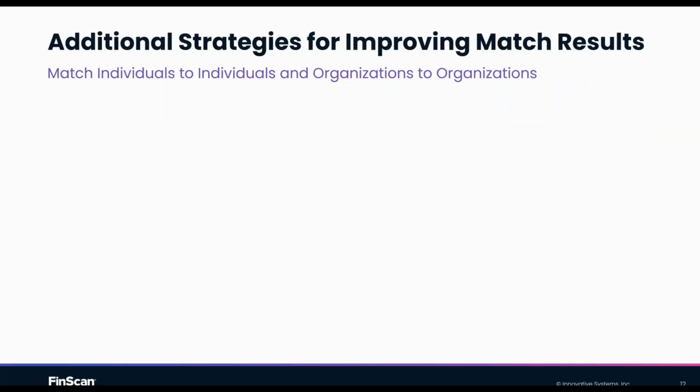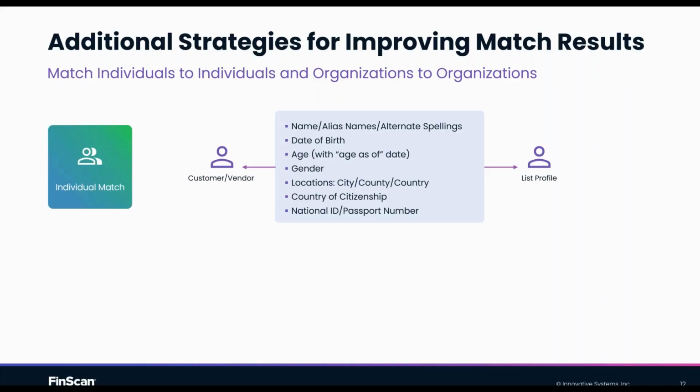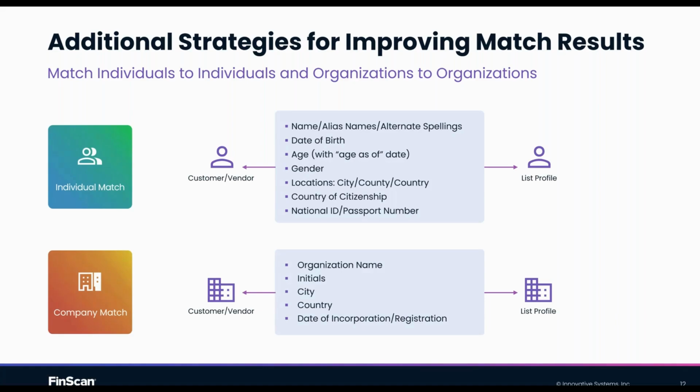And then when we look at some other additional strategies, you've got matching individuals to individuals and organizations to organizations. This would seem on the surface of it like an incredibly simple subject, but it's still, again, very frequently mistaken. When you look at the actual underlying data that you use when talking about an individual versus what you do when you're talking about an organization, there are differences. So you've got names, alias names, and alternate spellings, which can all coexist at once, whereas organizations can only really be that name. They may have previous names, they may have group names, trading names, but generally speaking, not nearly as much as an individual might have coexistent aliases and alternate spellings.